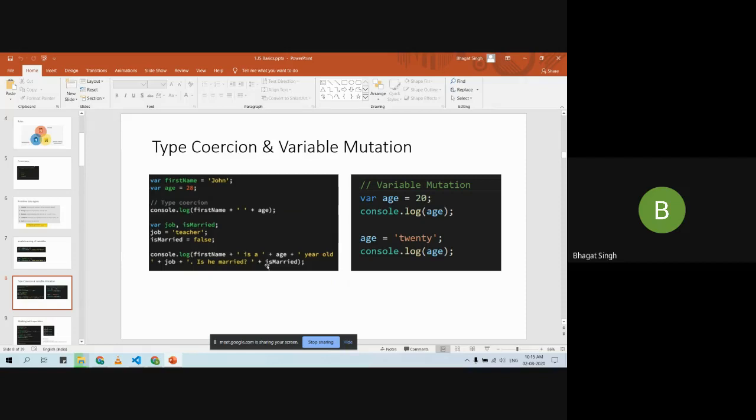What is type coercion? Type coercion is automatically changing the data type. Here we have var firstName equals John, and var age equals 28. And then I'm doing console.log firstName plus space plus age. So what are we doing? firstName is a string, plus an empty space, that is also a string, that is fine. But then to a string we are